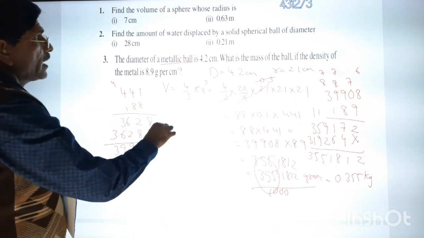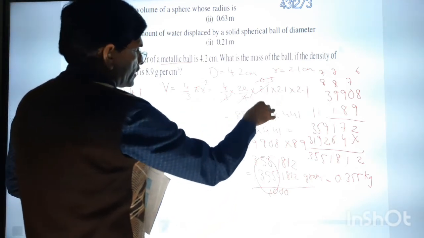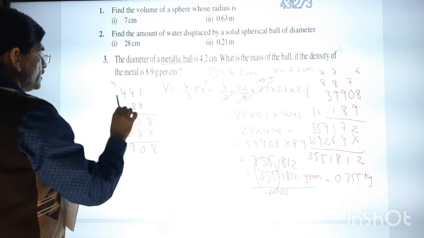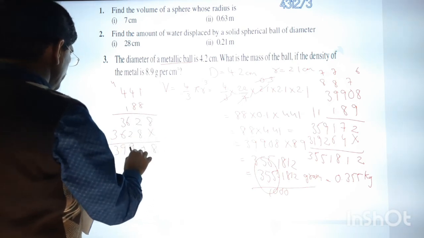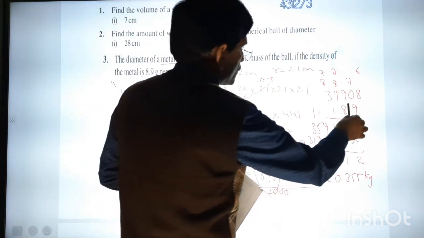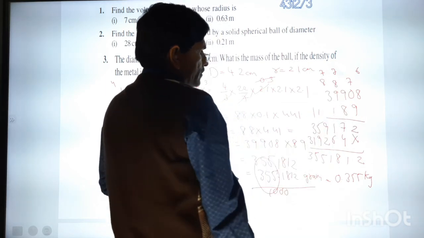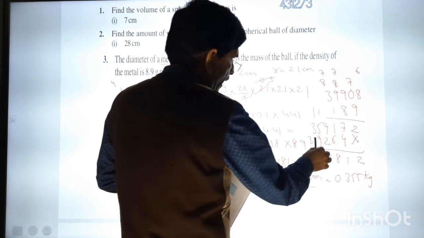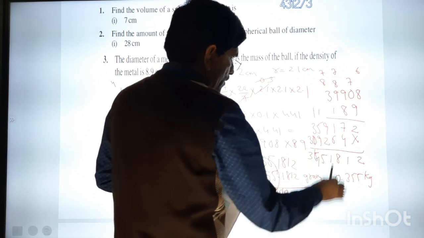Maybe it is possible when we are doing the metallic ball, 4/3, we can get 88 into 441, 8 4s are 32, 3, 32, 6, 8 10 9 9 3. Okay, 39908 into 89. So whatever I am doing in the multiplication here, I think we are making some mistake. That is why I think here it should be 0, then here it is 4.